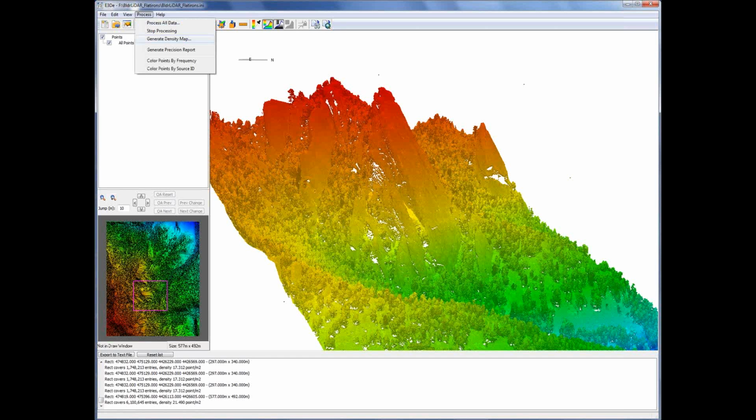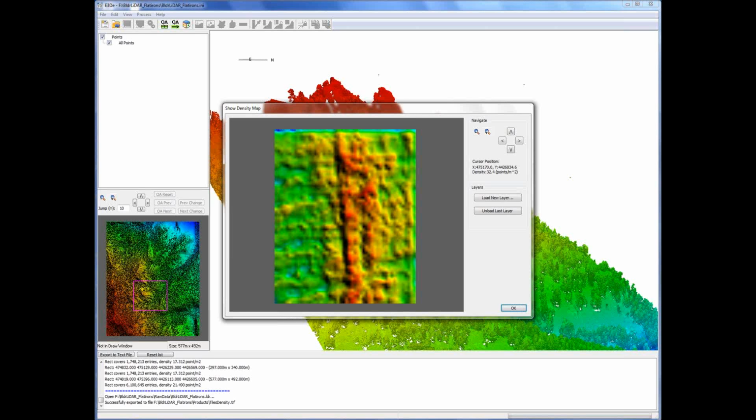When first ingesting a point cloud, it's a good idea to look at the density map, which will indicate the density of your point cloud. So let's take a look at the density map of this point cloud. What we see here are areas of greatest point density, which are red, where greens to blue are areas with lower point density. On the right, the density under my cursor is reported, which in this case is 32 points